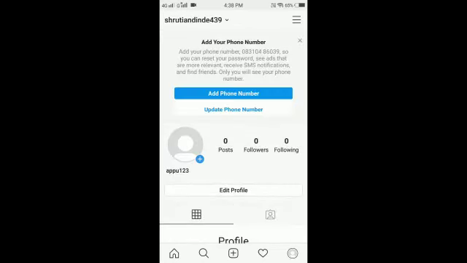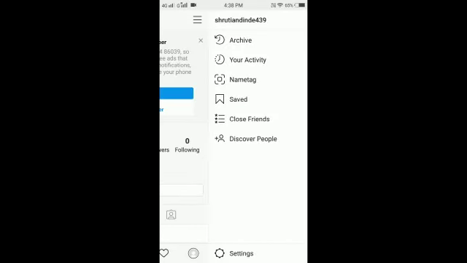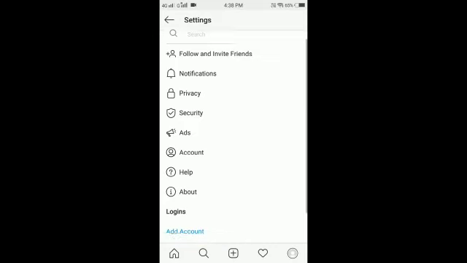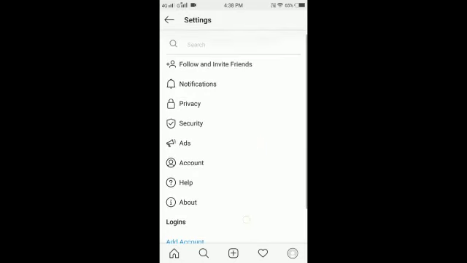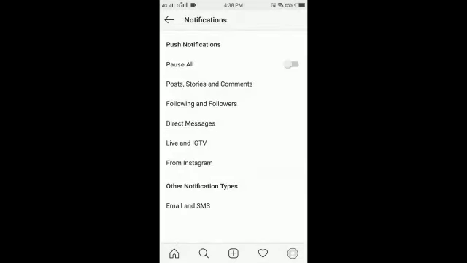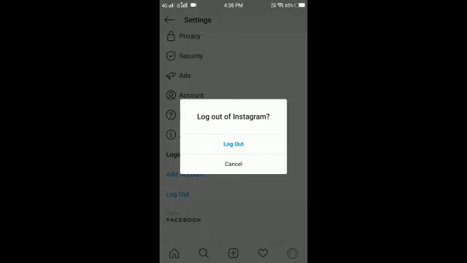This is about my profile. Here, this is settings, privacy, about account. If you want to log out of the account, notifications. I'm logging out my